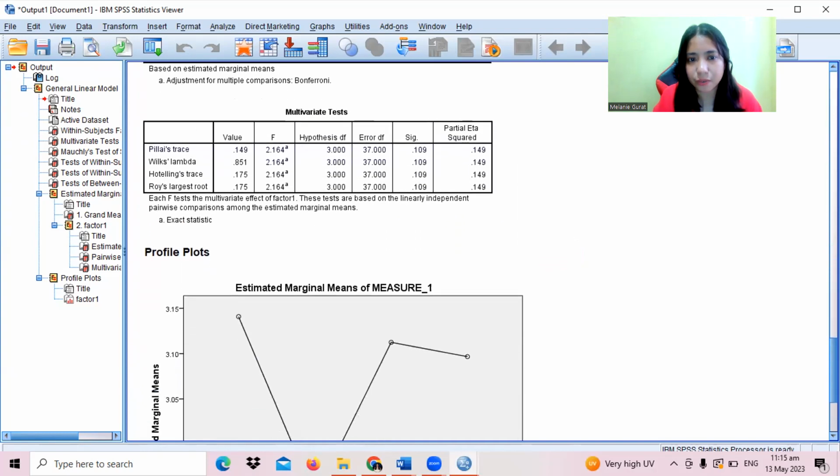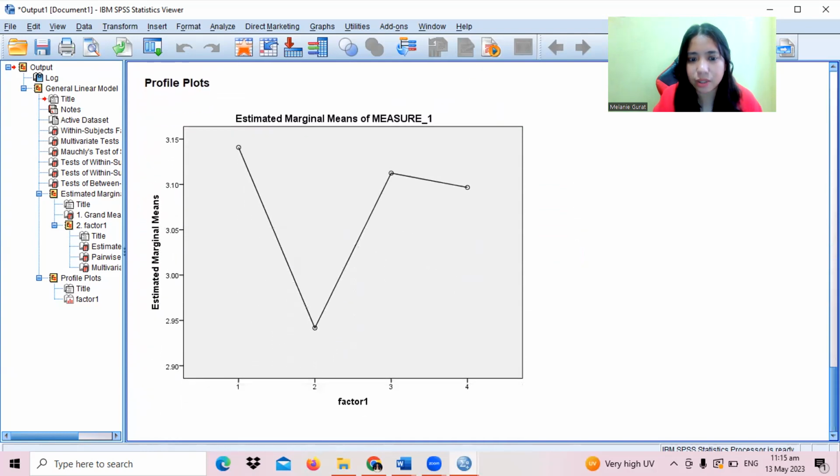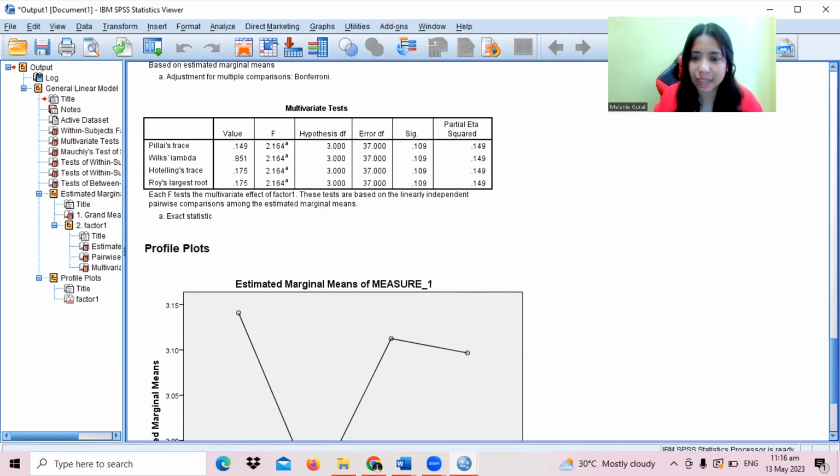Going over the results, we have here, as mentioned also, the generated plot. We can see that the lowest is number 2, the highest is number 1, and almost similar for 3 and 4. And to find out if product 2 is significantly lower, we will, of course, be interpreting this